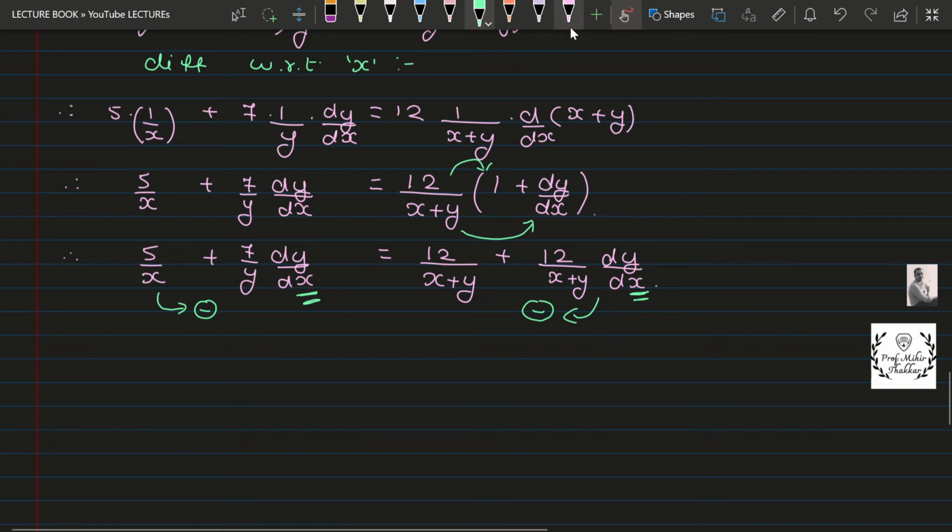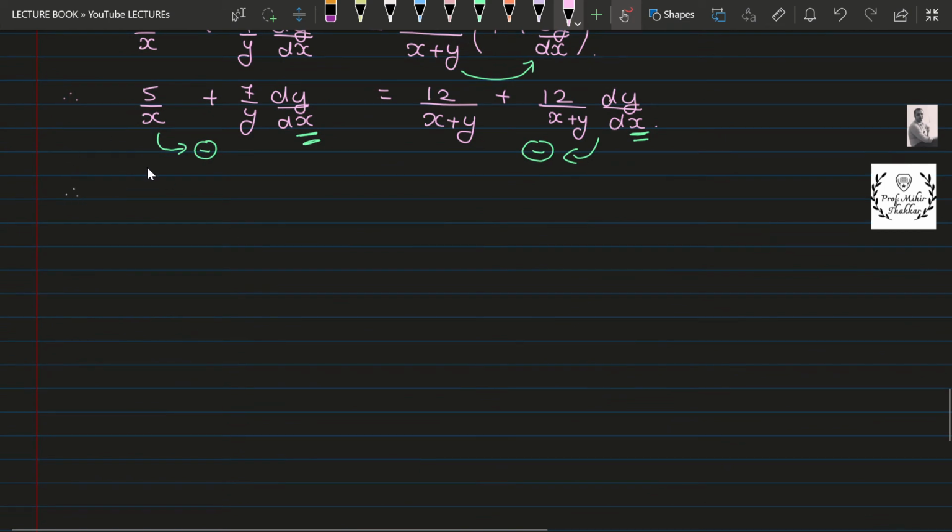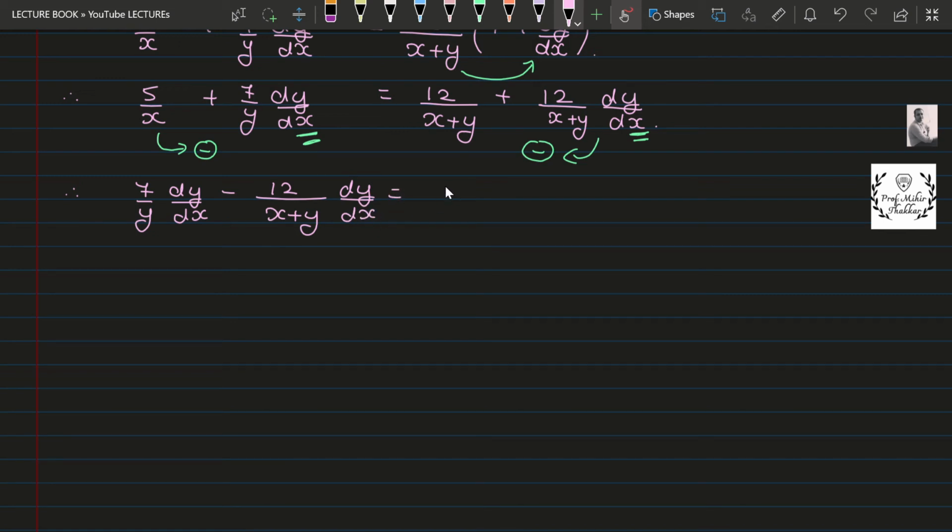So over here, 7 upon y minus 12 upon x plus y, and 12 upon x plus y will be as it is, minus 5 upon x. Now I take out the terms dy by dx common from these both terms,